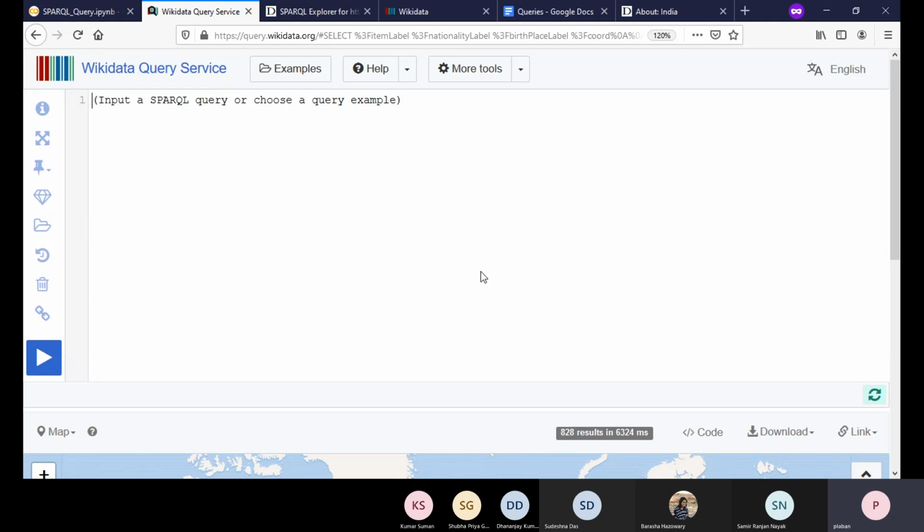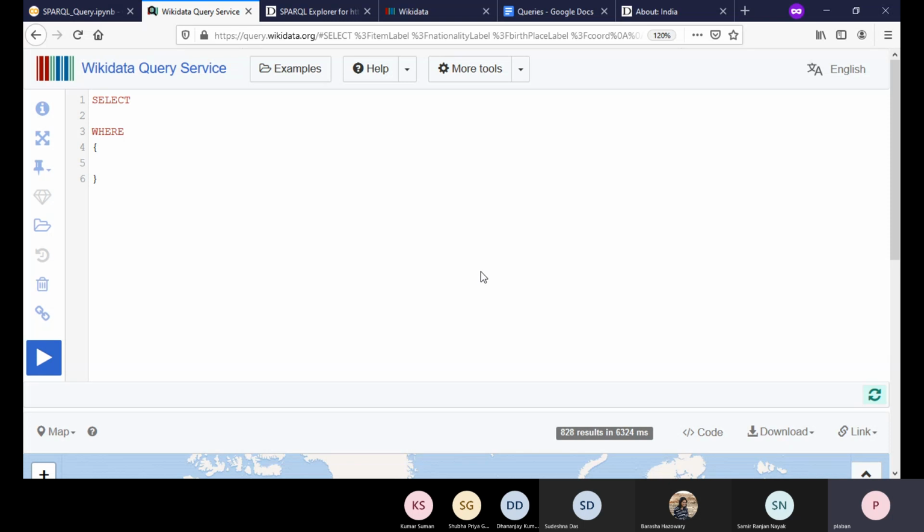So here we are trying to find out the cricketers, the Indian cricketers and their different properties or different things, right? So we start with select. We don't write something here. We just leave this open and we'll be filling it up later, right? So we just start with where, and what we'll be writing inside where.